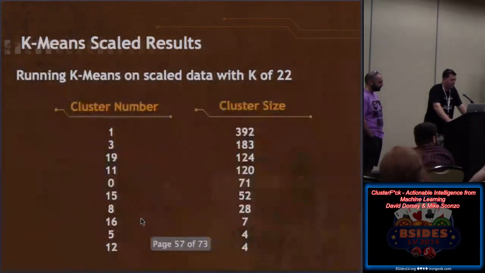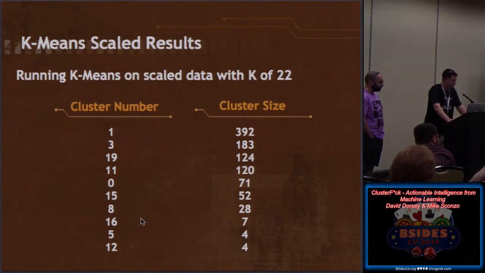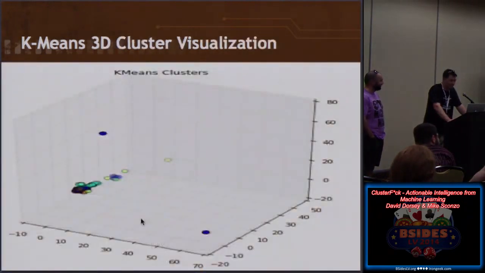Then we moved on to k-means. We chose a k of 22 using that simple formula we showed earlier. Some pretty decent sized clusters. And here it is. It's the penis again, but now it's multicolored. So that has to count for something. United colors of Benetton.